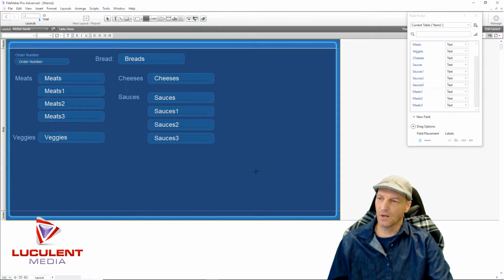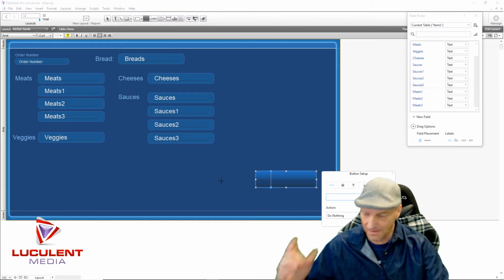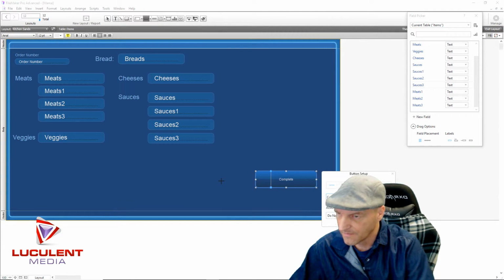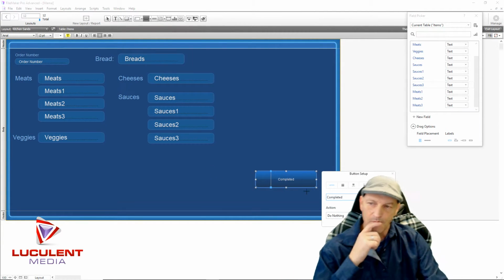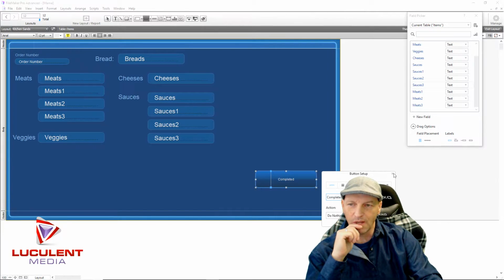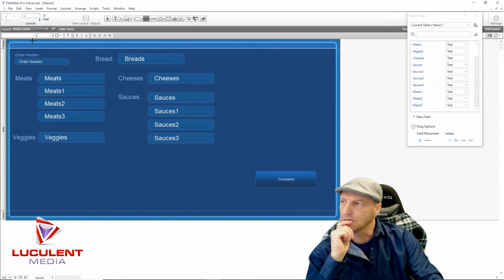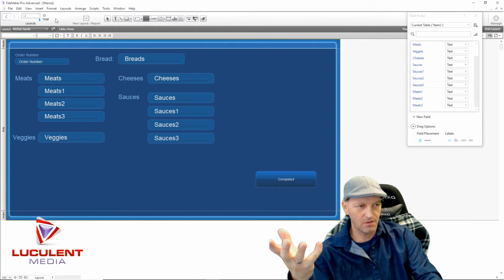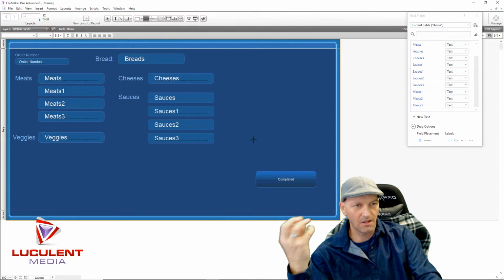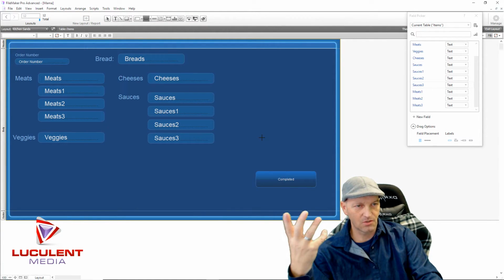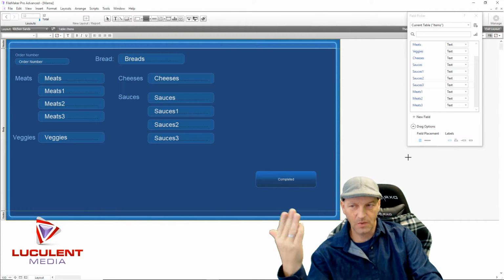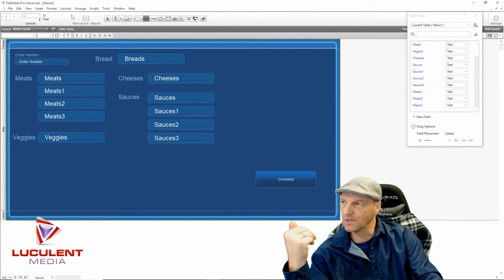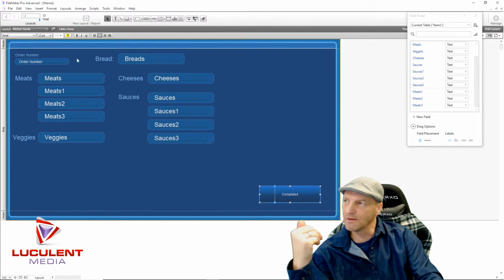So the button that we need to put on here, I'm going to say mine is going to be completed. And we're just going to say do nothing for now. Because this is the kitchen view. The kitchen is never going to leave this. They're going to stay on this page forever. They don't need to go anywhere else and do anything other than this. So the completed button at the bottom,